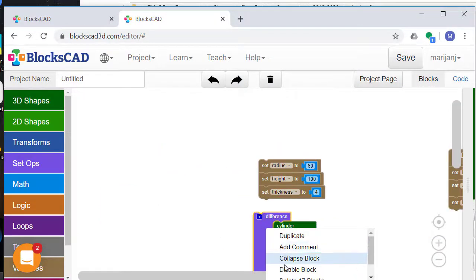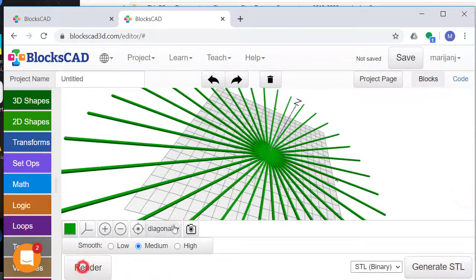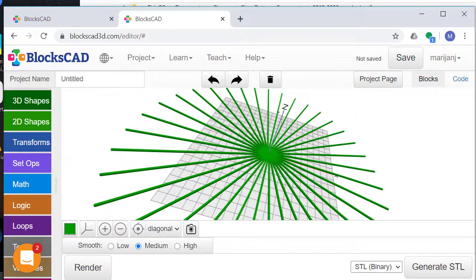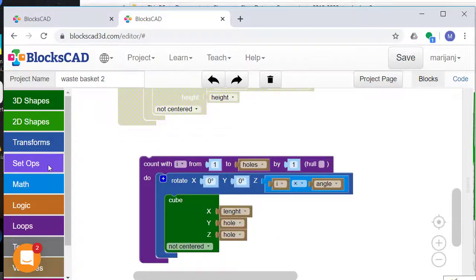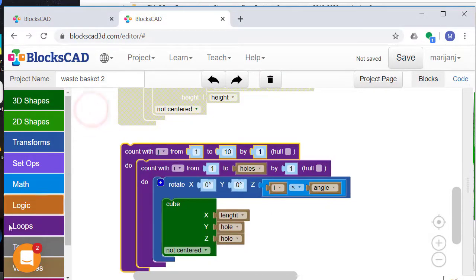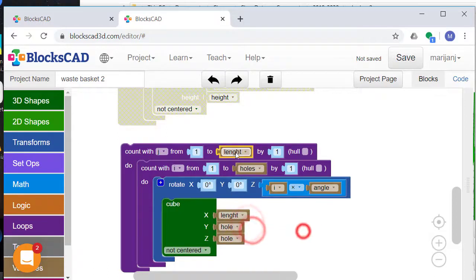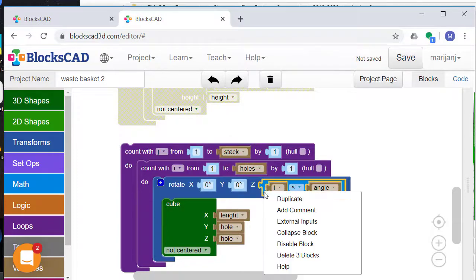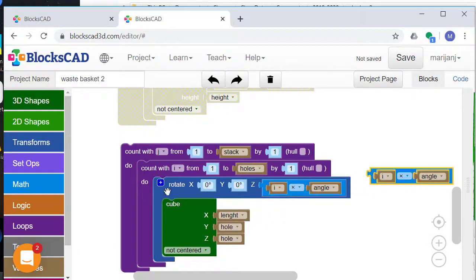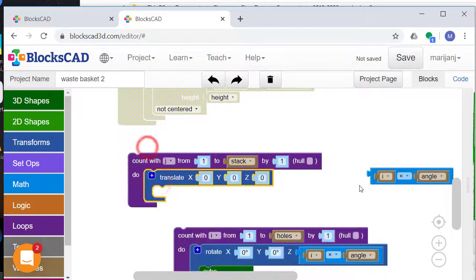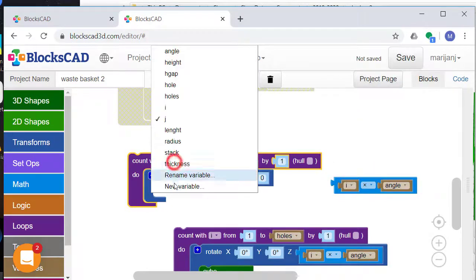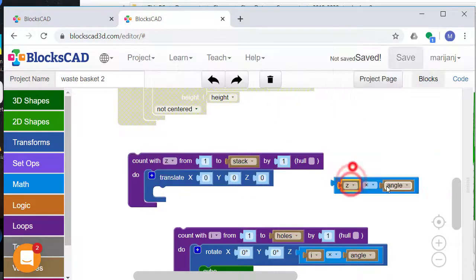And I just want to disable the cylinder and just to see what I have here. Okay, so that was pretty good. So now that we have one of those, we need to make a few more of them. So we'll do a Z loop, and the Z loop will go from 1 to the stack. We need to transform each of those stacks up, and the formula will be, well, we have to get a z variable here, and the formula will be z